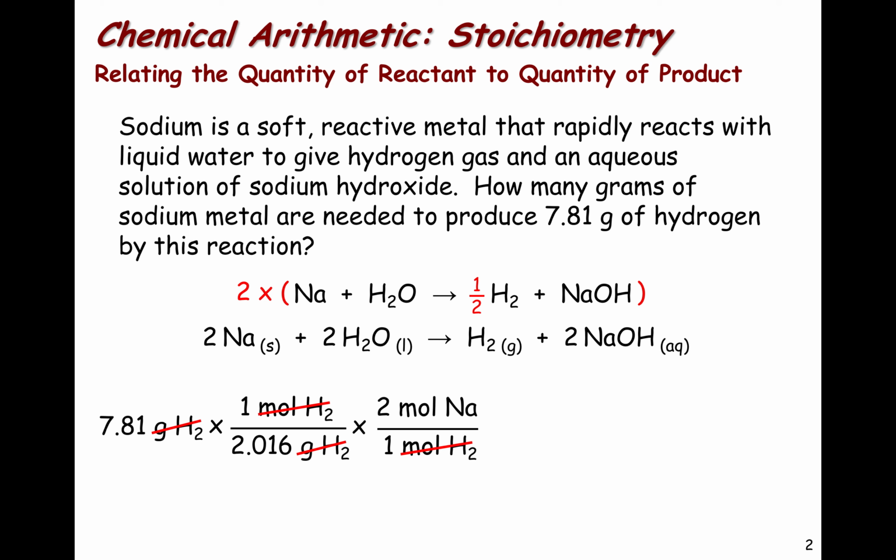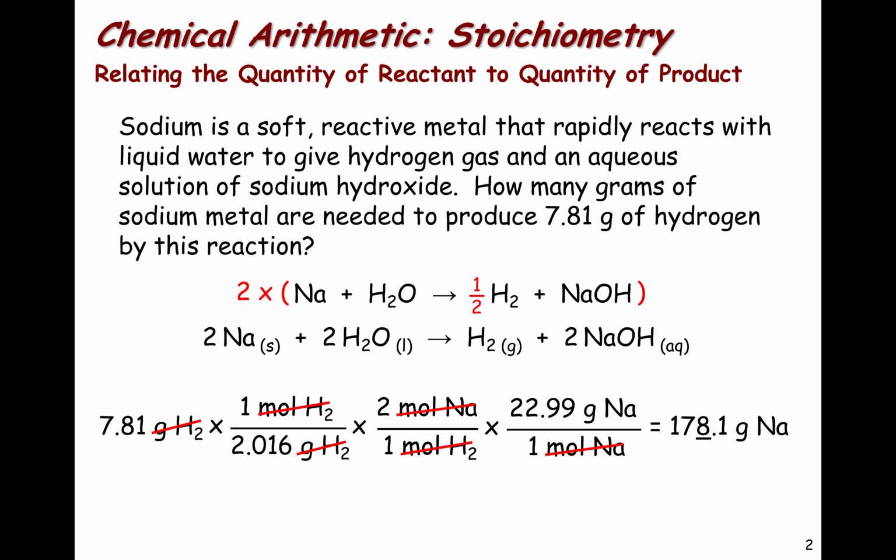And then we need to do one more step to go back to the mass of the sodium. That is the atomic mass of sodium from the periodic table. And at this stage, the moles of sodium would cancel. And at this stage, we have the units and the formula of the goal of the question, so we can solve this mathematically by multiplying everything in the numerator and then dividing by everything in the denominator. So essentially, we have 7.81 times 2 times 23 divided by 2.016